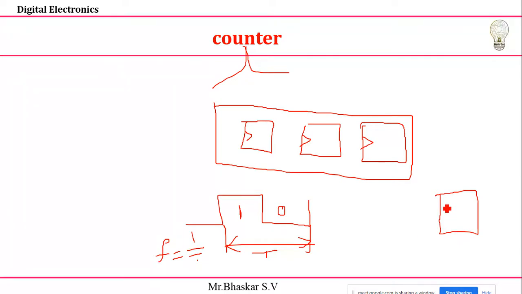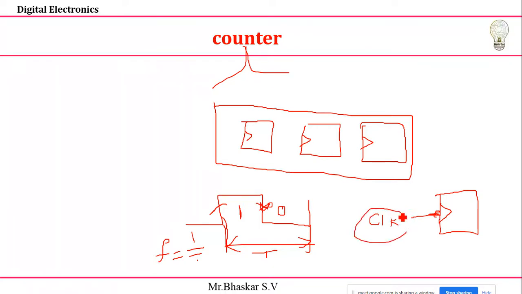But if you are looking at a bubble on the clock signal, remember this: if a bubble is there, the entire action takes place at the negative edge of the clock. If I'm not using a bubble, the action takes place at the positive edge of the clock. That is the main intention. You know this thing. But here our main intention is how I'm going to connect.